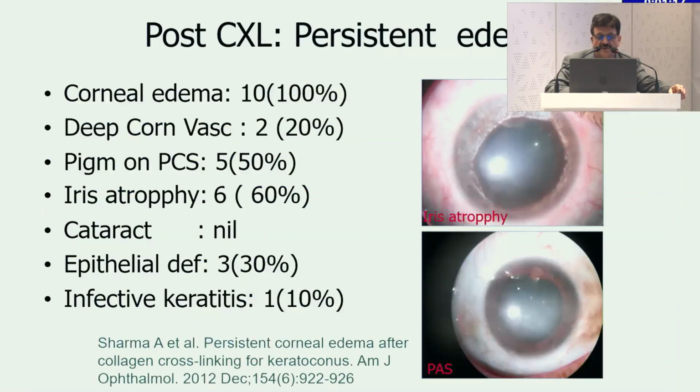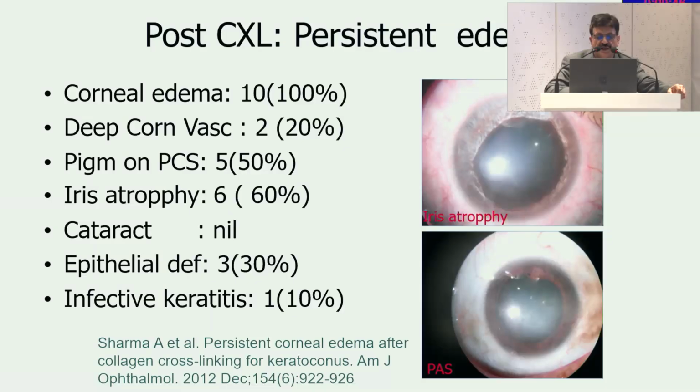This is one of our publications where we have presented some of the complications. These patients were referred to us for management, particularly from one center only, and this machine was also evaluated for any extra UV light or standardization and all that, but nothing could be found. But these patients had these problems, and in some of them we did even penetrating keratoplasty. Fortunately, in our series we could not get any serious complications.